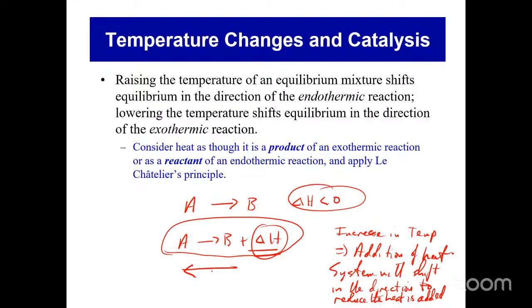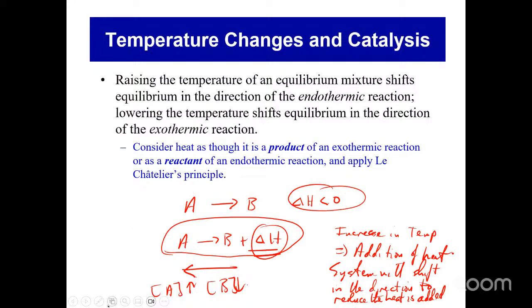All right? So if you add heat to the system, which is already exothermic, then the equilibrium position will shift from right to left, which means that the concentration of A would increase and the concentration of B would decrease, all right? So that's basically how we can make predictions as to how temperature changes will affect the equilibrium position, all right? And this is just for the exothermic reaction, right? And we can use the same kind of rationalization for endothermic reactions. In fact, is it okay for me to clear this?